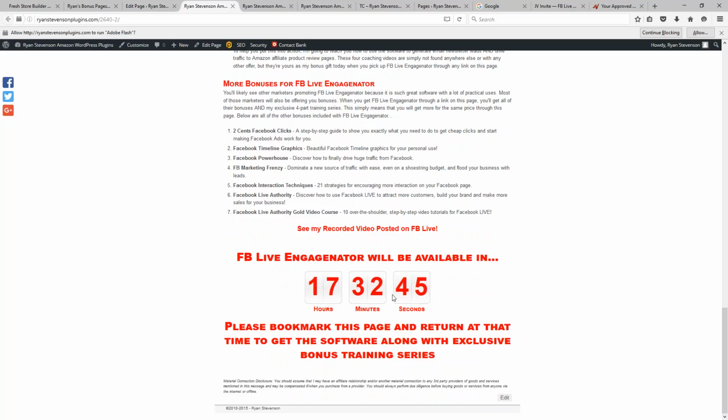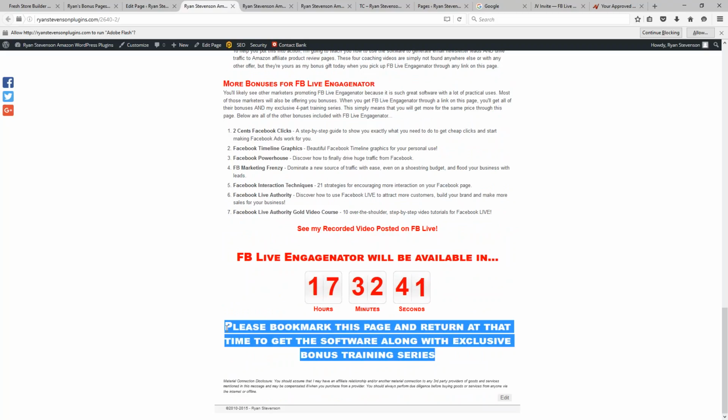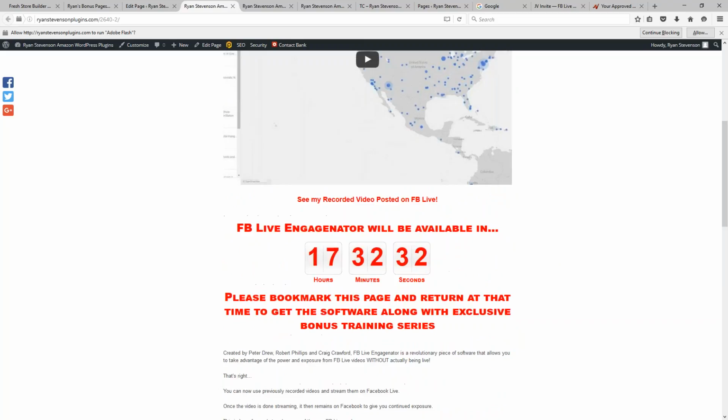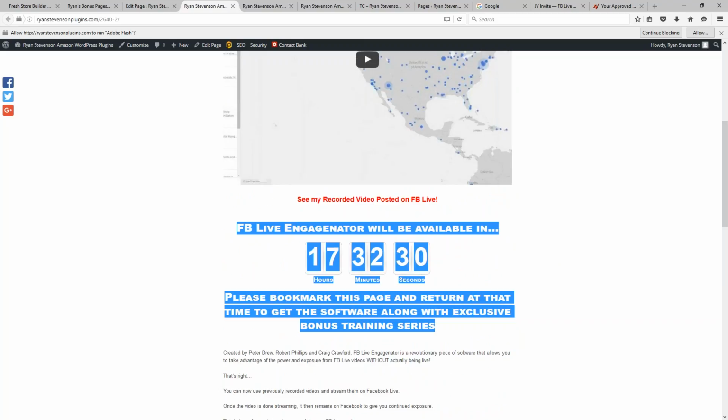When this countdown hits 0, the countdown will disappear, this will disappear, and actually everything highlighted here will disappear. And this will all automatically get replaced with my affiliate link. Same thing up here. All of this will get replaced with my affiliate link after that countdown timer hits 0. So with this approach,